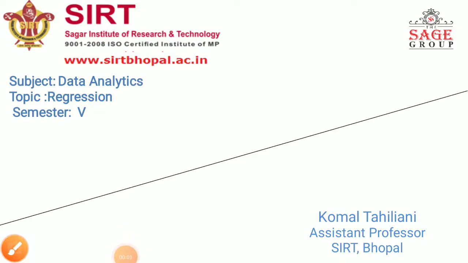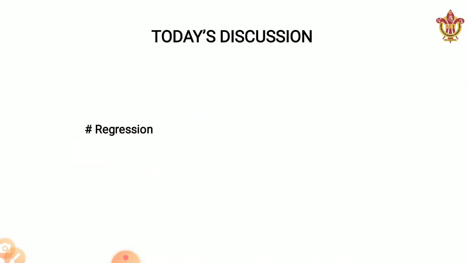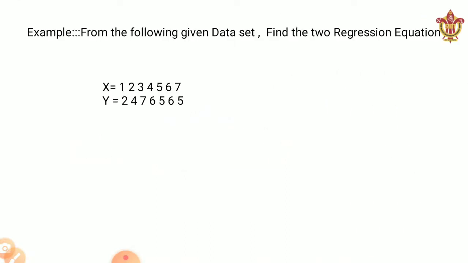Hello students. In our previous lecture, we saw what exactly regression is, and we also saw how we can indicate it and what exactly the line of regression indicates. The line of regression is indicated by the red line, and it indicates the independent and dependent variables. It will be more clear to you with this example, in which we are considering a data set.